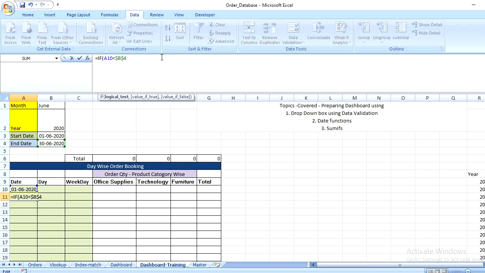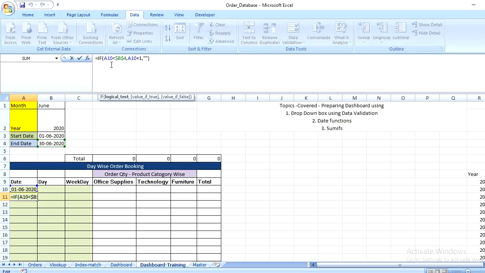So here my last date is also dynamic with respect to the month, so I am making it a constant. If this condition is true, to the previous day I am going to add 1 day. If this condition is false, I want to display blank. We got the next date of the month using the IF condition formula.